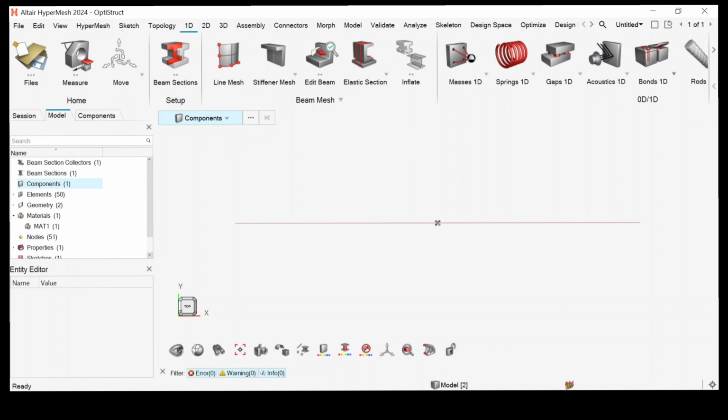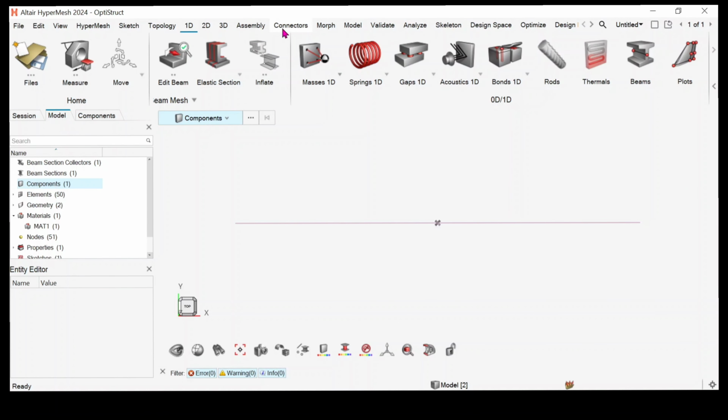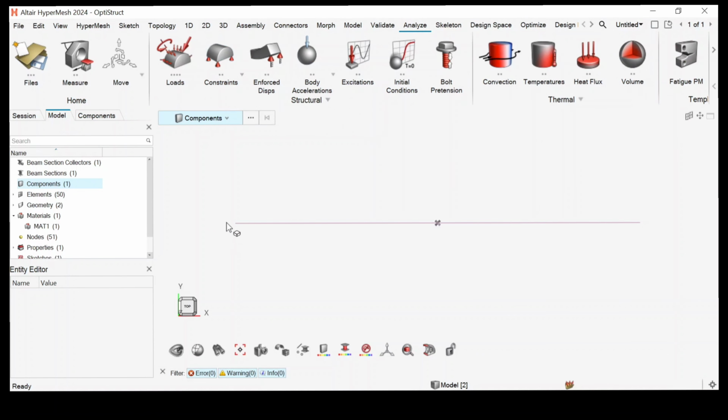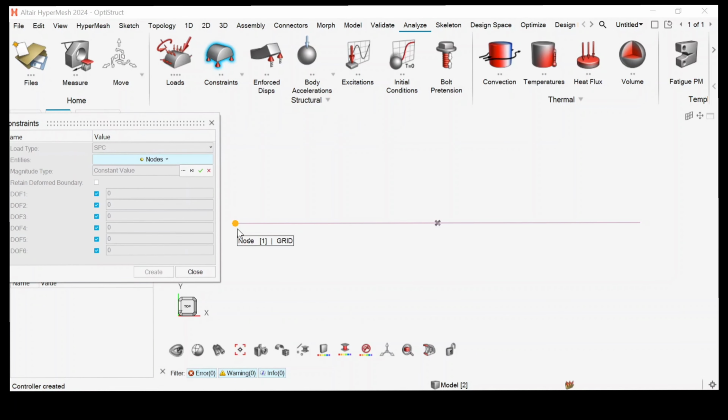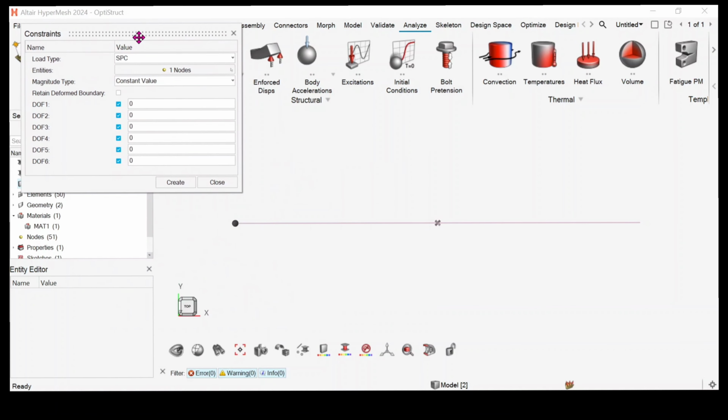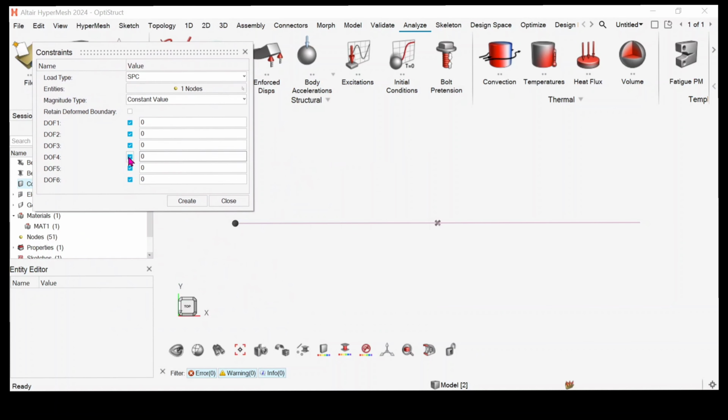So now we have given the mesh, and we have to analyze this one. Go to analyze tab and give boundary condition, left constraint and the right constraint, as well as a load. Select the constraints option and select this node, select the tick mark, and here for simply supported beam, the first 3 should be arrested. Remaining 3 should be free, because the translation along X, Y, Z direction should be arrested